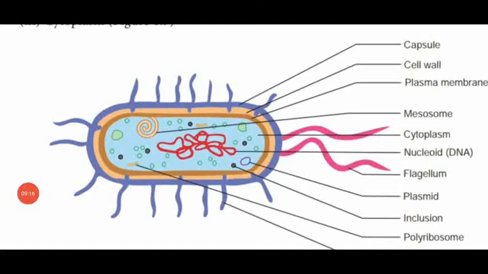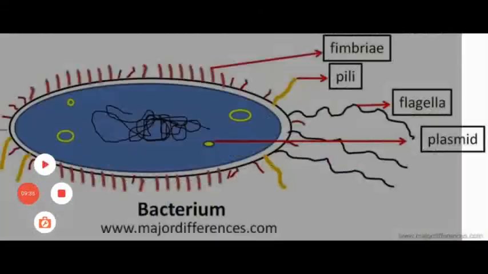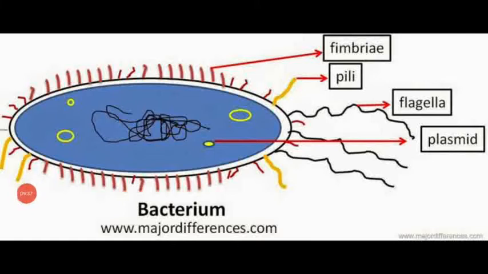This is said to be the ultrastructure of bacteria. In this ultrastructure, we are going to see the remaining two regions. One is the flagella, another one is the fimbriae or pili. Dear students, see the diagram which is showing the pili and fimbriae. What is the difference between pili and fimbriae?